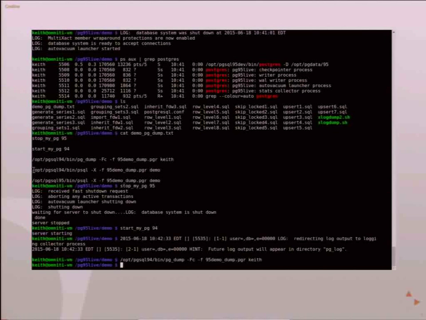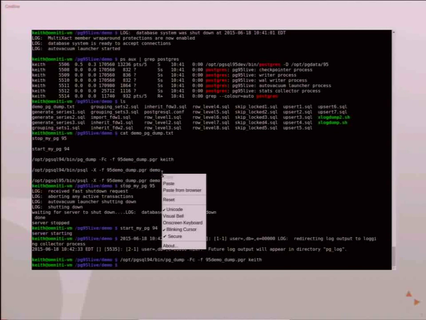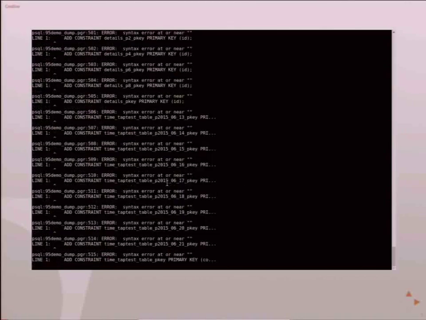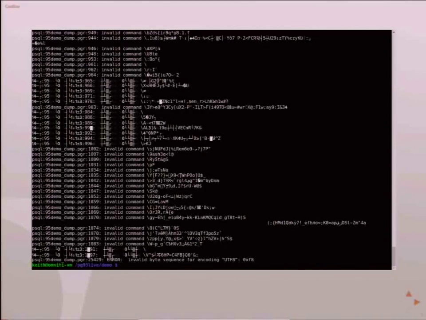So if you have ever done a pg_dump and then tried to use psql to restore that, you get crap like that, and you have no idea what was wrong.